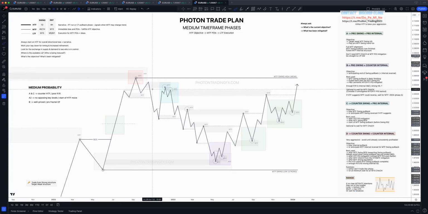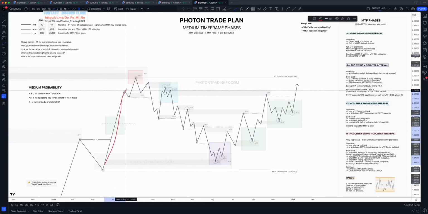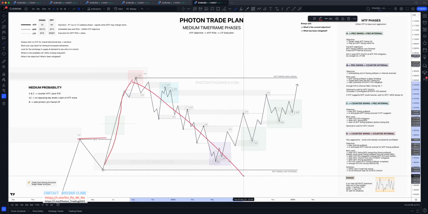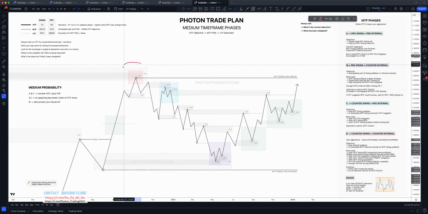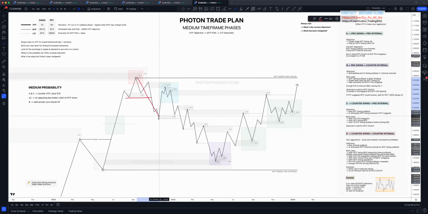That's my next favorite phase, if not my favorite phase, where we've had the medium time frame boss. So at some point we're expecting that big swing pullback to kick in. We've mitigated a significant level. Ideally, we've had that strong liquidation into that level. And obviously we need to have had that bearish IBOS so that if we are shorting, we are pro the internal structure, right? Because phase C is against the swing, but it's pro internal.